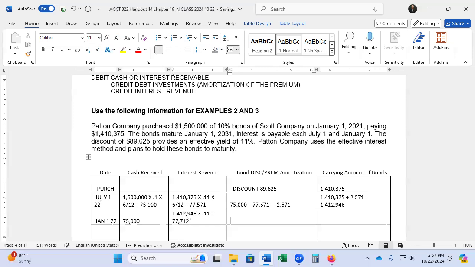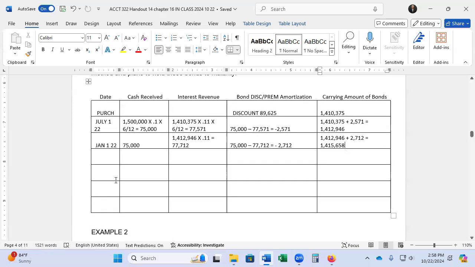77,712. And so 77,712 minus 75,000 equals 2,712. And so we add that to our balance, and that equals 1,415,658. Now, as this approaches January 31st, I'm not going to have you go through and do 8 years of this,